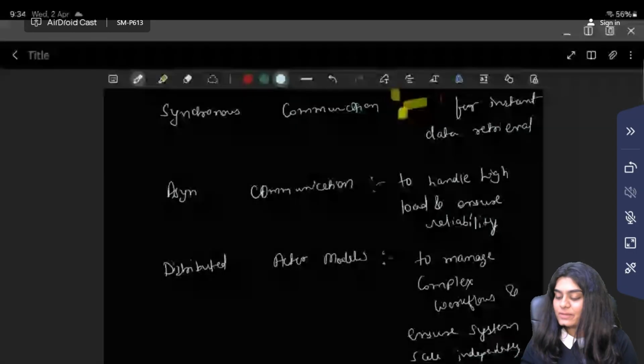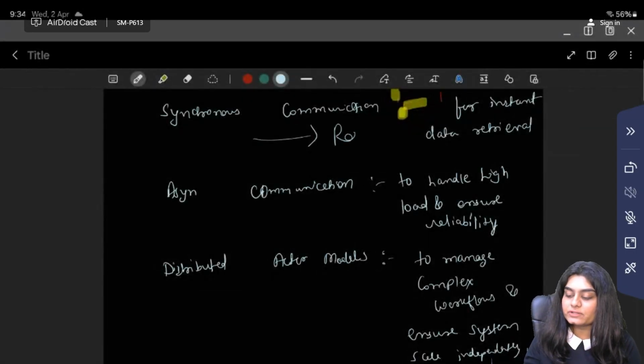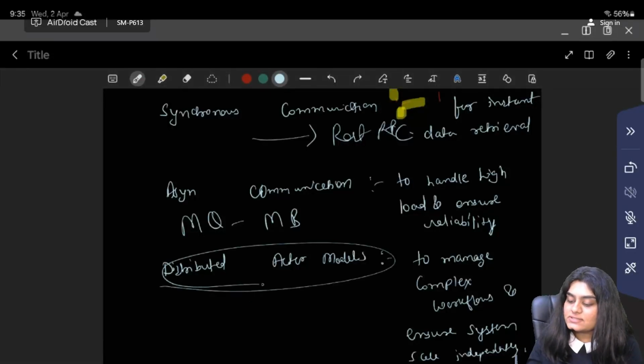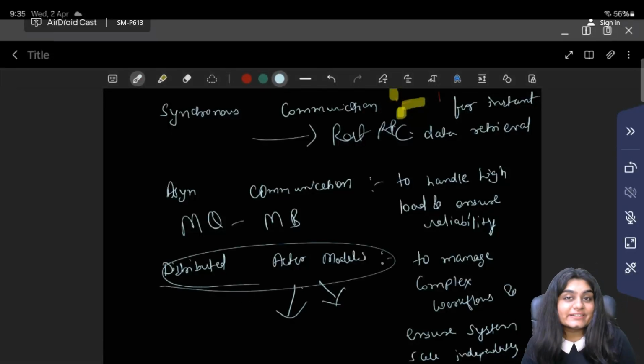So for synchronous communication, you are going to use REST or RPC. For asynchronous communication, you are going to use message queues or message brokers. And distributed actor models are used to manage complex tasks by isolating the responsibilities and breaking them down into small independent units. Before we wrap up, let's quickly go through some of the questions you might be facing in